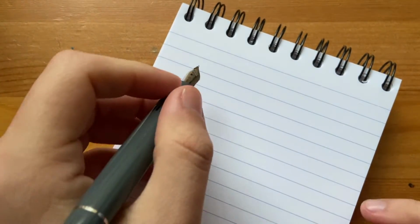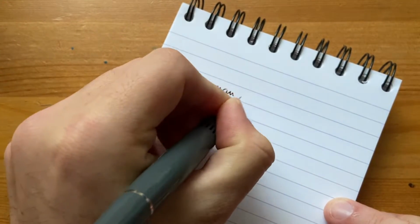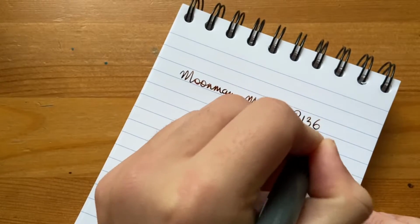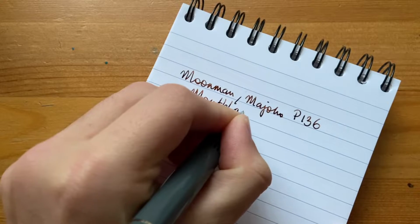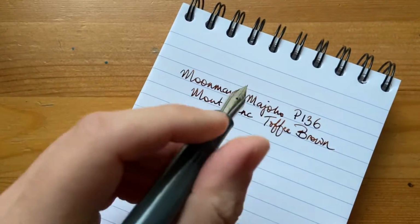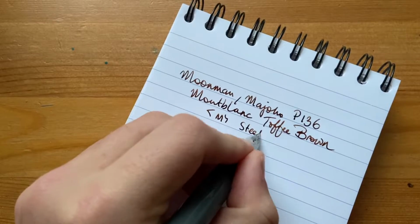So if you watched my review, you know how I feel about both of these pens and how they write. But we'll just do the quick writing sample with the Moonman. Majohn P136 with Montblanc Toffee Brown ink. So this has a medium steel nib,